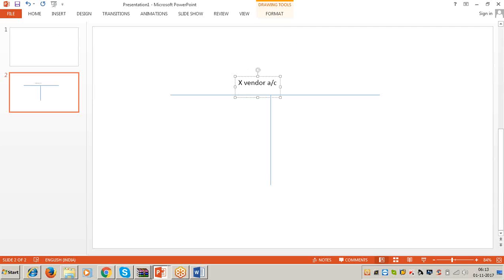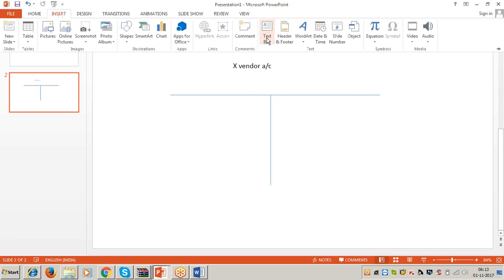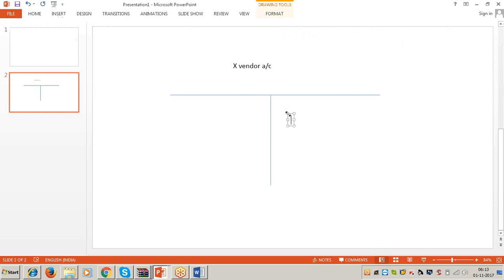X vendor account. So today we purchased material from this X vendor. Then we post the entry: inventory of raw material account to vendor account. So that is posted to the credit side. Buy raw material 10,000. At the time of supply, vendor said we have to make the payment in 1 month,